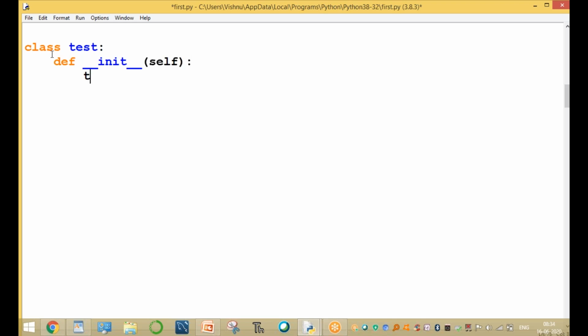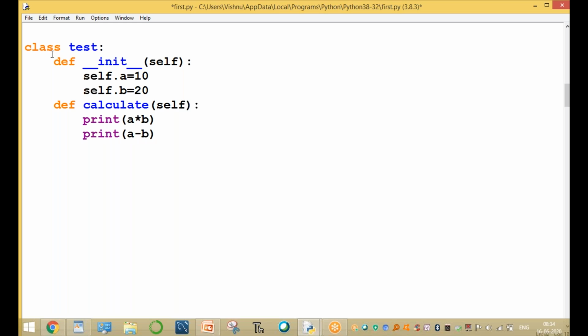This class contains variables: self.a equal to 10, self.b equal to 20. And def calculate of self, where you print a into b, a minus b, a by b, and a percentile b, which is calculated.